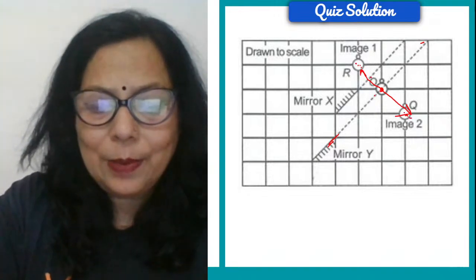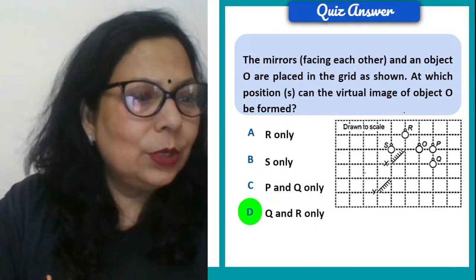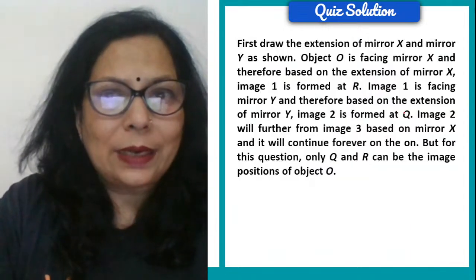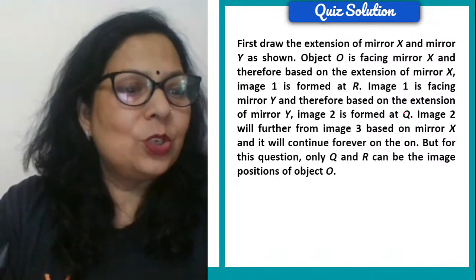So here the image will be formed at Q and R. Is that clear to you? So it went wrong for everyone. So please practice such type of questions. Tell others to watch the session because